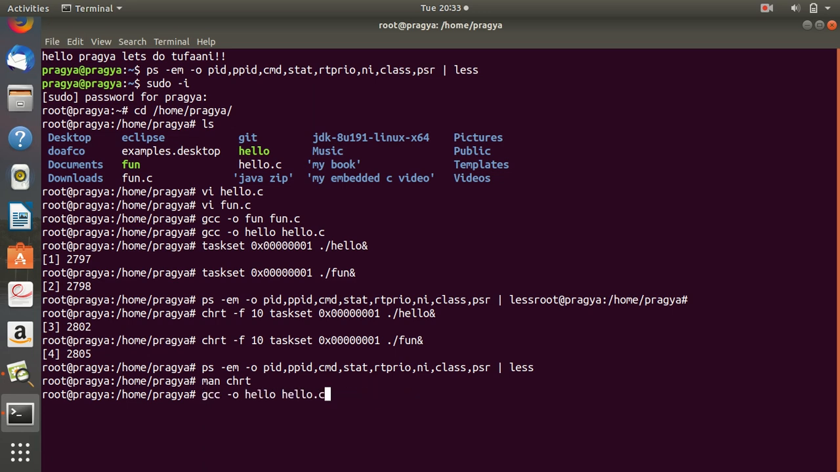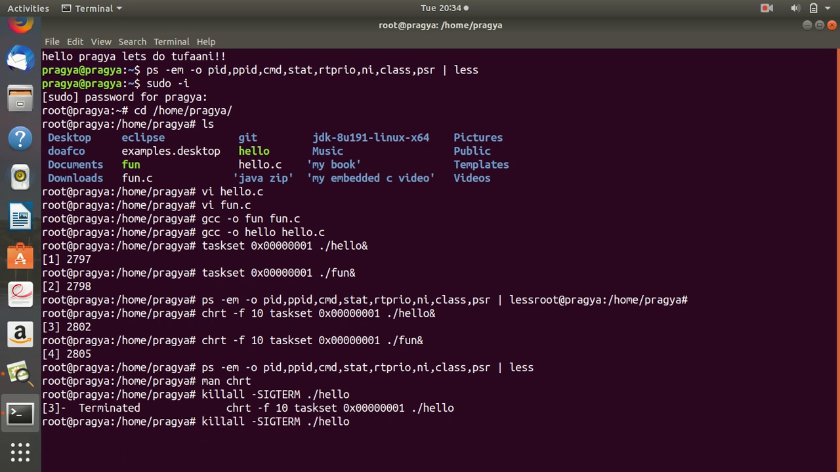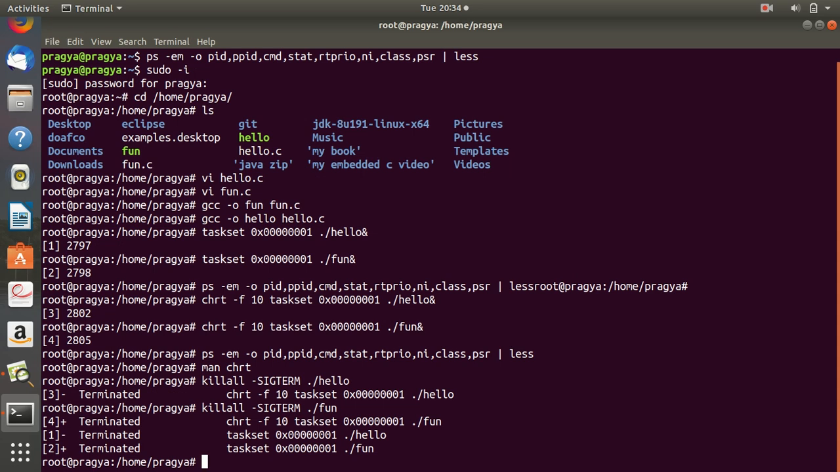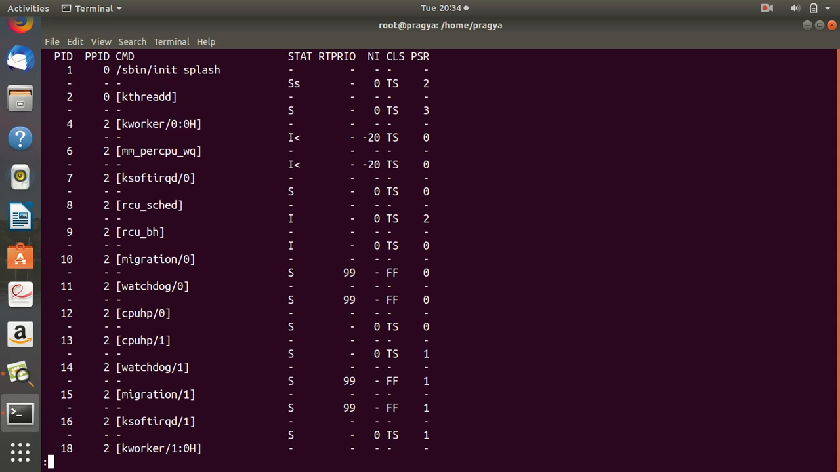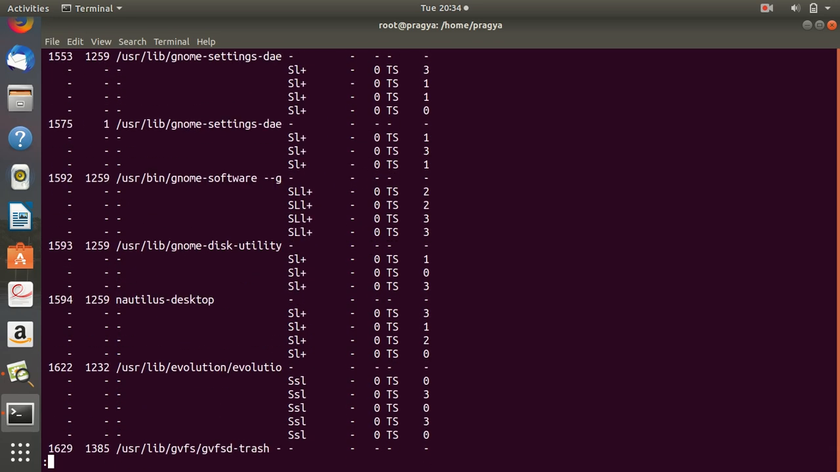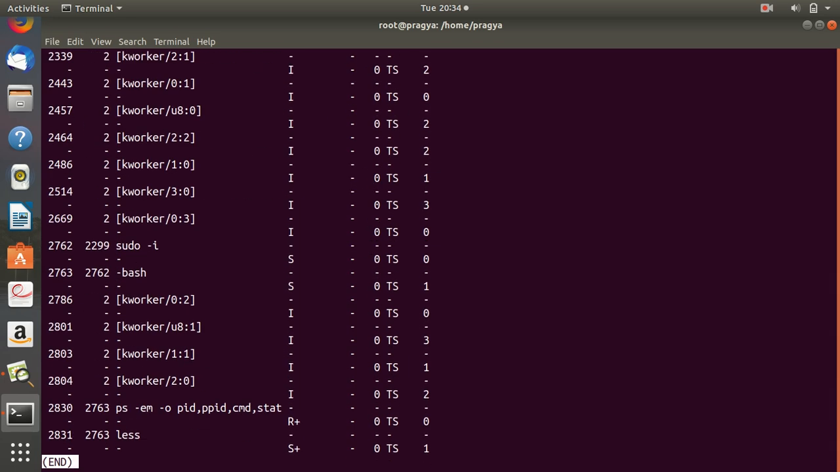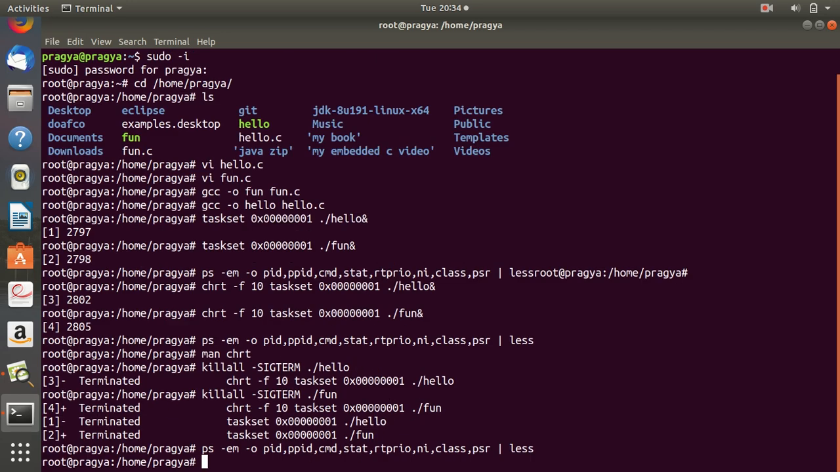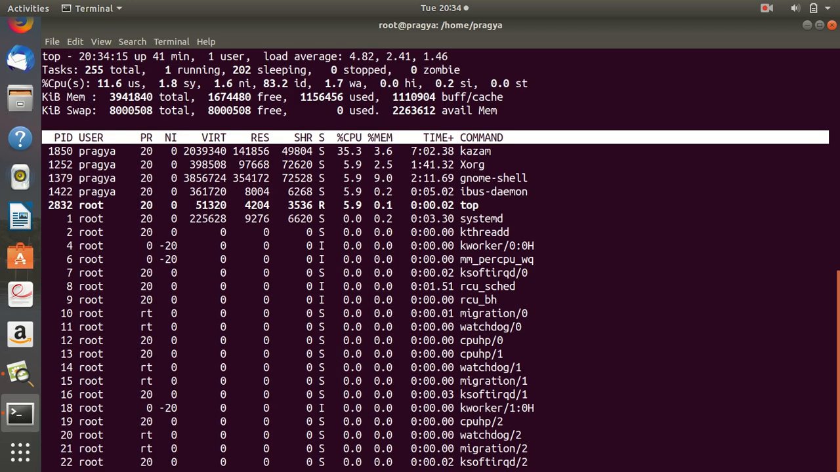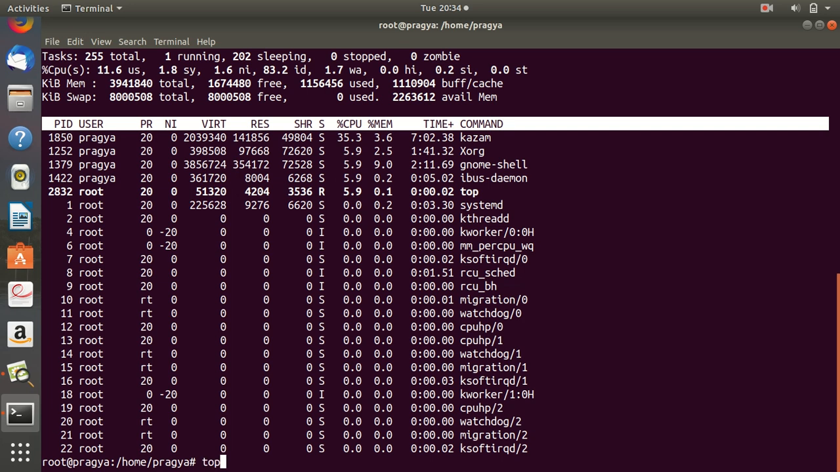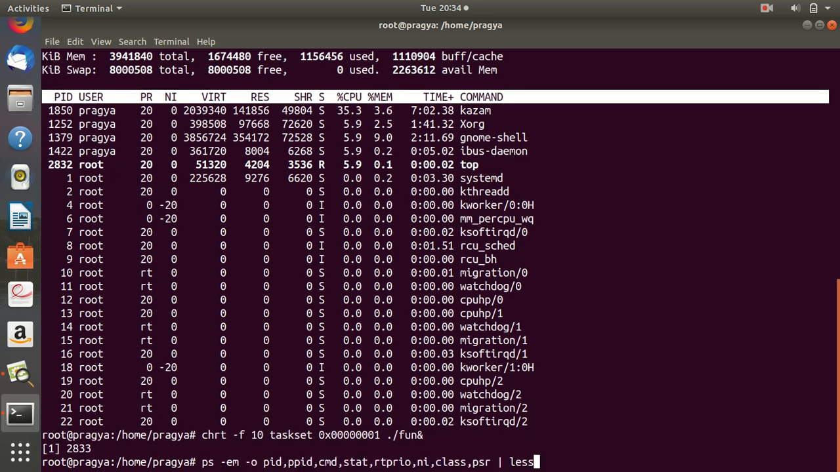Another thing is how we can kill the process: using killall and the name of the process. This is how we have killed the process. Similarly you can kill fun. If we kill both the processes, they will no longer be visible. So all the processes are killed. You can also see on top that the processes are killed. If you again create them